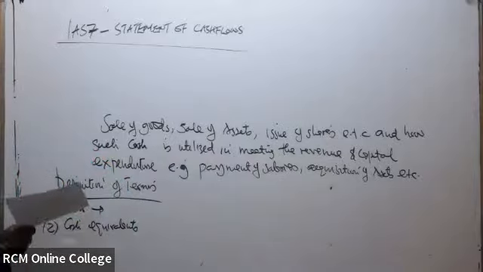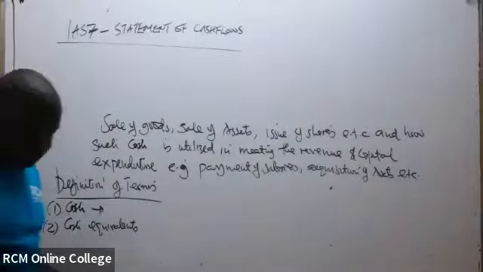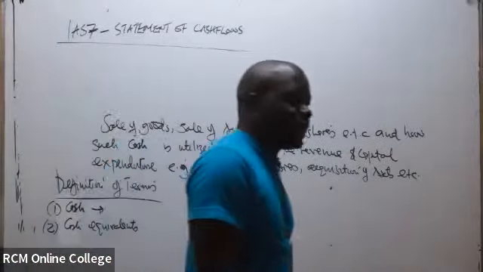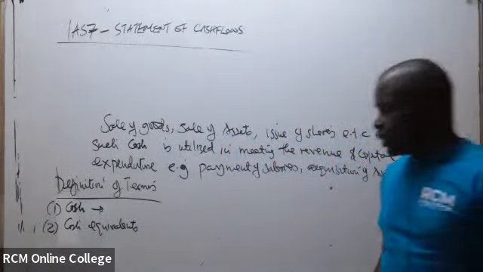So they are simply those items that you can easily convert into cash. So you can wake up one day and say, I want to convert them into cash immediately. You can give examples: treasury bills